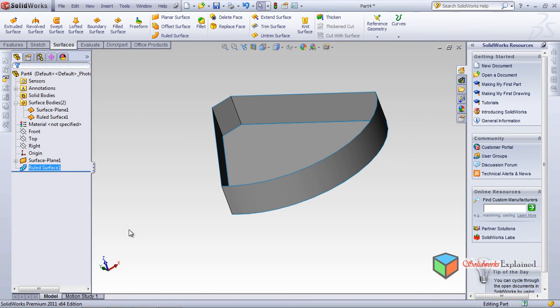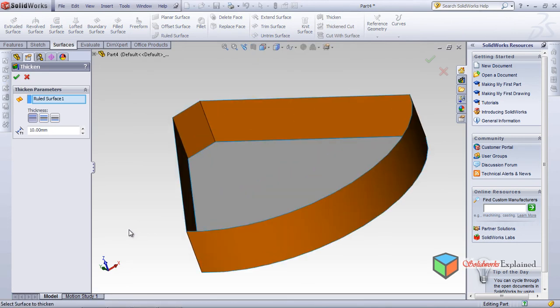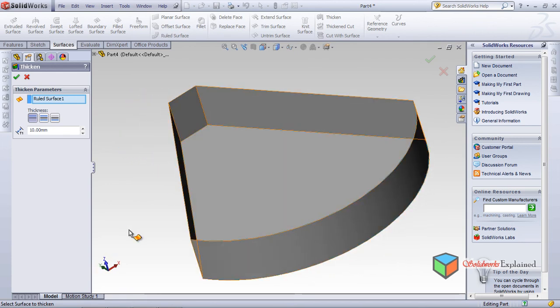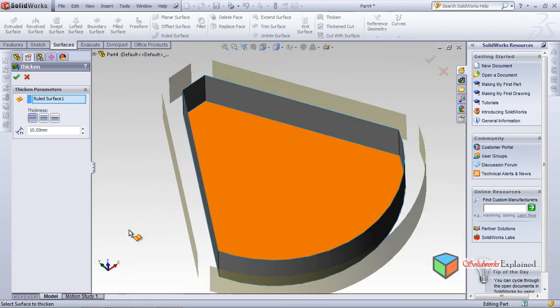Now what I want to do is use an option called offset. So before using the offset, I will use thicken. When I click here, thicken, this is just a surface. Now I want to select this surface. It shows, look, thicken from which side? This is 10 millimeters. This is from the outside, thicken side 1, which means